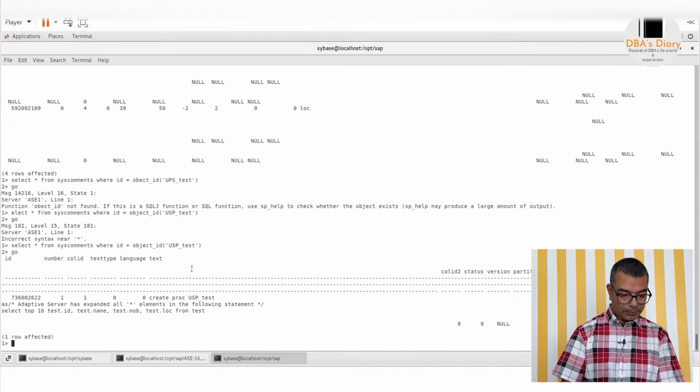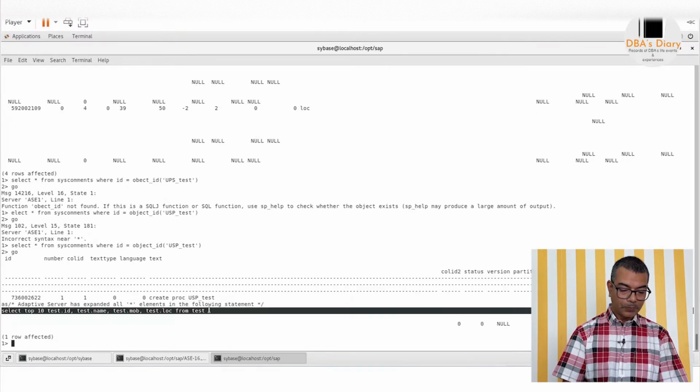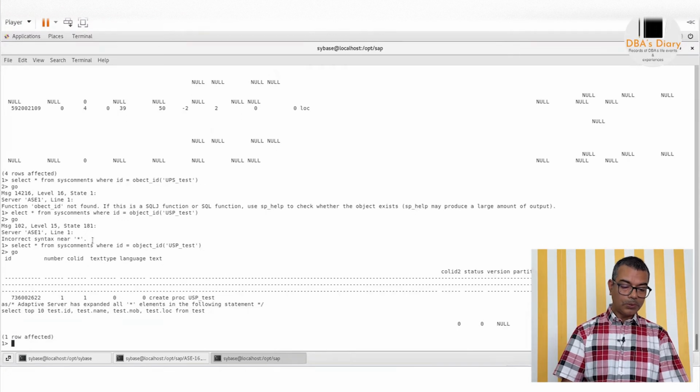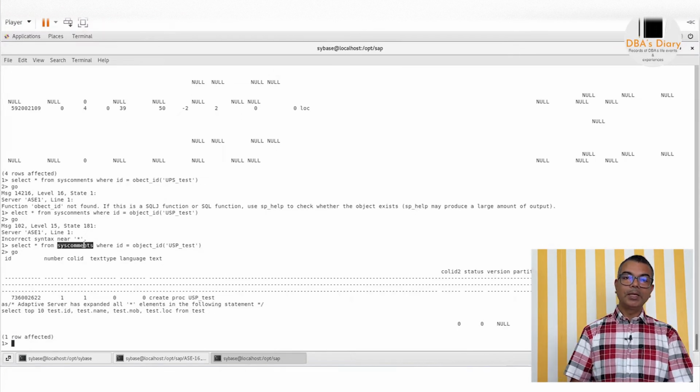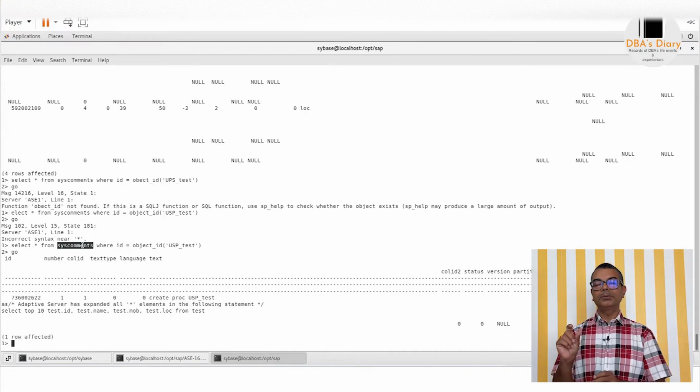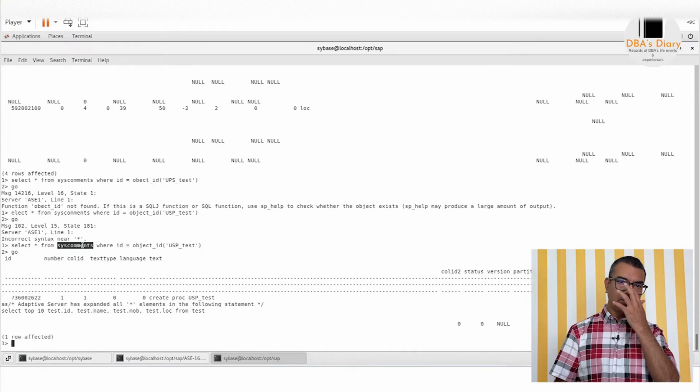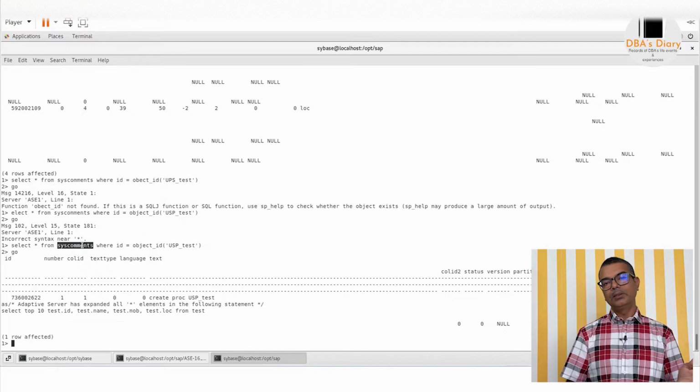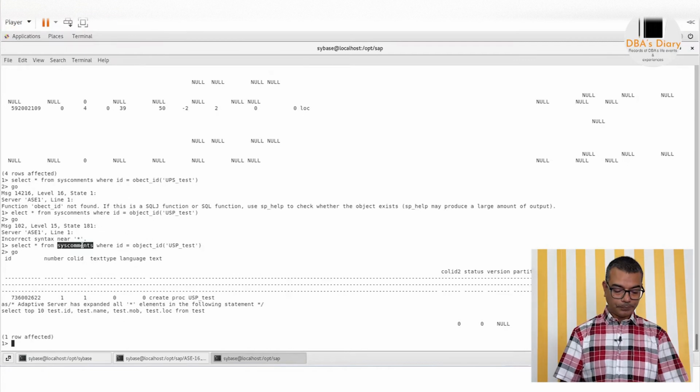Okay, so here I have defined one procedure which is doing nothing but select top 10 star from test. Now if you know how to use this syscomments table and you know one part of the procedure, you can find out the name of the procedure and ID of the procedure, which will help you in finding out the complete query. For instance, select star or name from syscomments